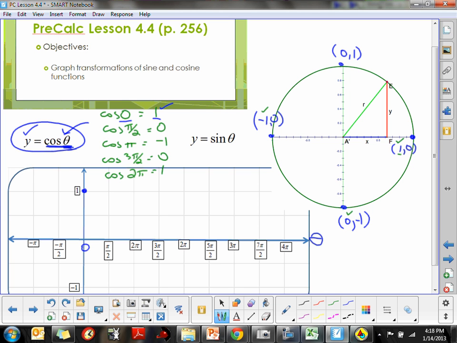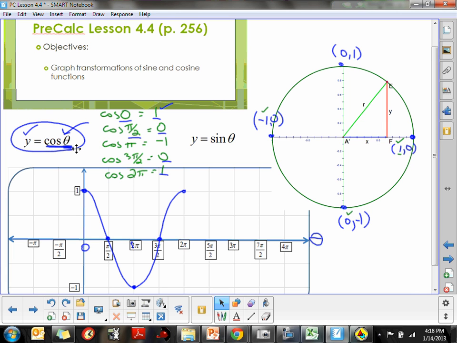And at pi halves, we said we had an output of 0, and at 2, this should be a pi, that's a misprint. At pi, we should have a value of -1. At 3 pi halves, we had a correspondence of 0, so 3 pi halves are back to 0, and at 2 pi, we're back to a value of 1. So the first period of a cosine curve looks a little bit like this as it goes through those cycles